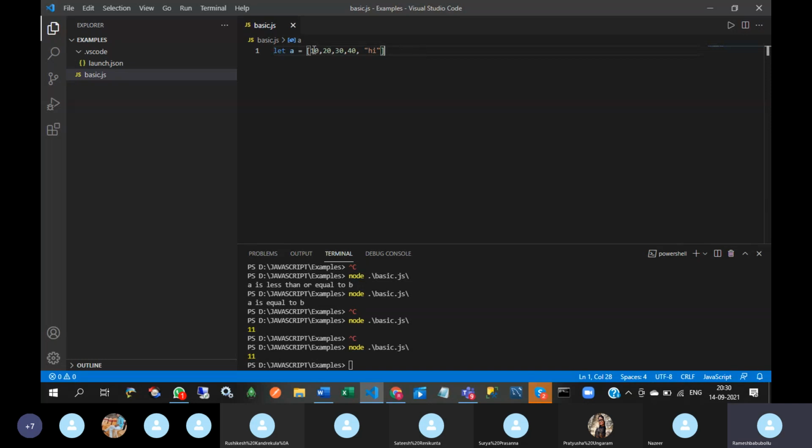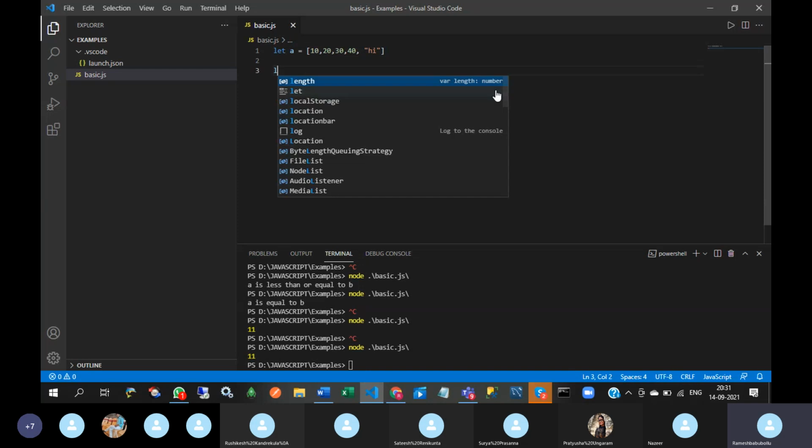I want to store the first element in one variable. So how can we store?